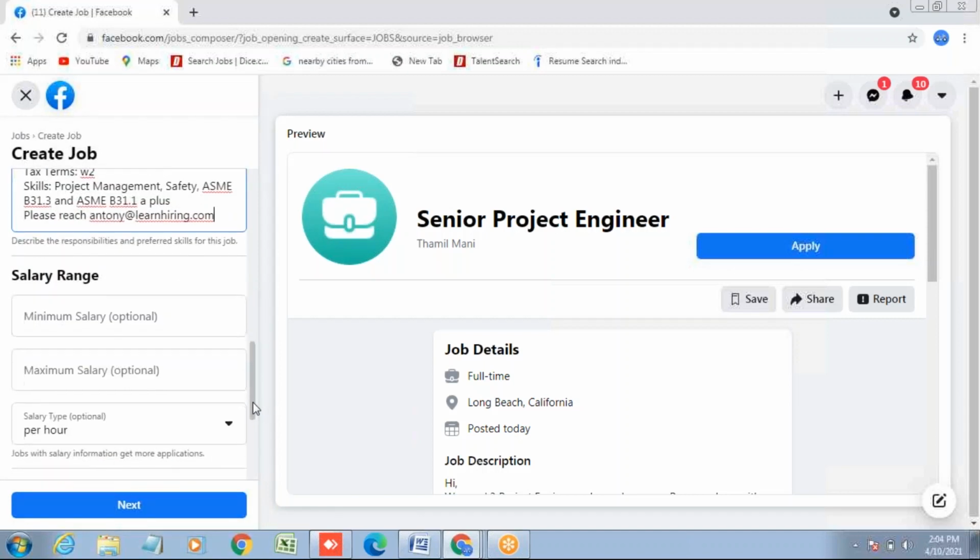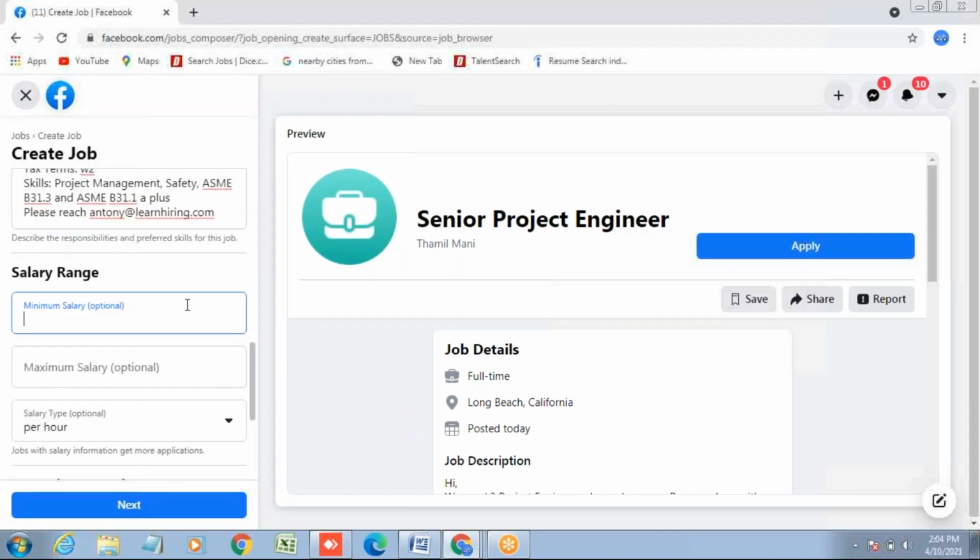Minimum salary, say like 120,000. No, you need to say 120,000 followed by 3 zeros, no space. 120, 3 zeros. Maximum salary 130.